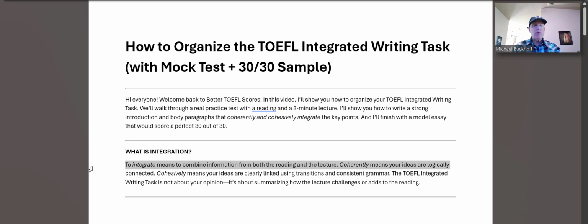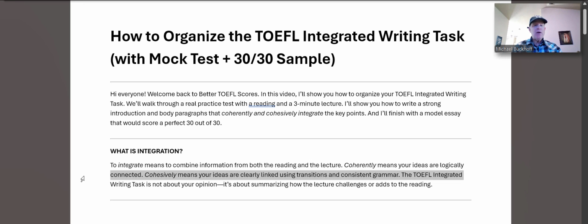The TOEFL Integrated Writing Task is not about your opinion, it's about summarizing how the lecture challenges or adds to